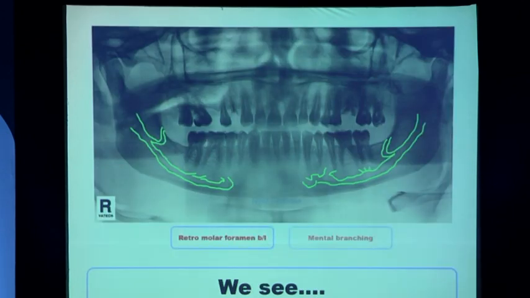Again, this contributes to the repeated failure of anesthesia. When a patient comes to you and the anesthesia is not working, no matter what you are doing, this is one of the reasons. The patient is having an additional branch of the mandibular nerve, which is coming out either from the ramus or from the other aspects or in the lingual aspect. You always